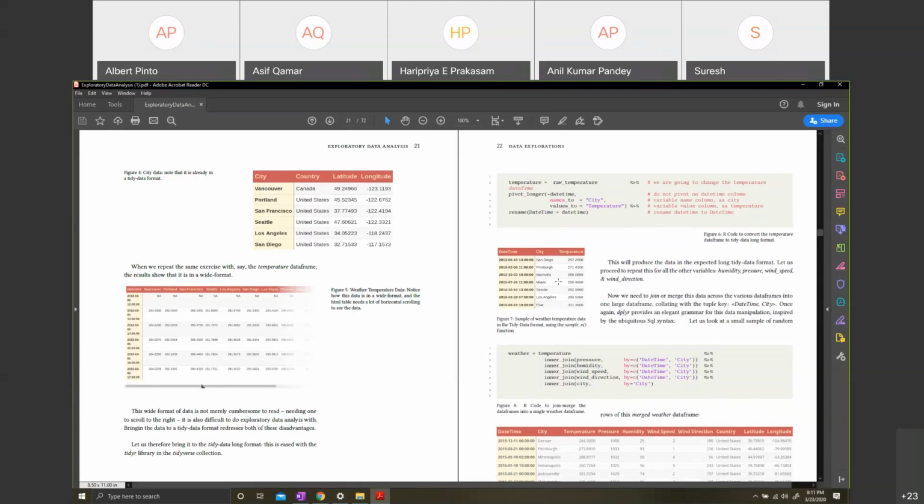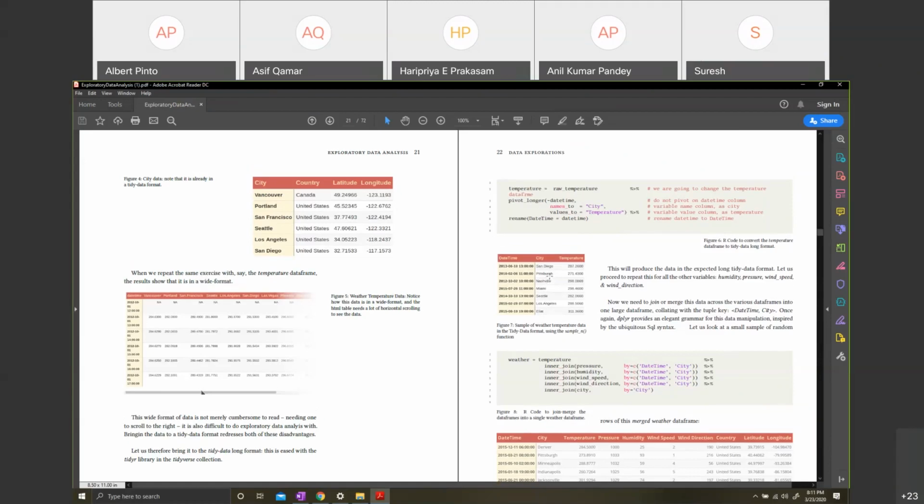Now let's look at this data and see, is it tidy data? If I want to know, for example, what the weather was in San Diego at 1 p.m. on that particular day, 18th of June 2013, can I see it as one row of data, not seeing the data for other cities or other times? Do you see this, guys? Would you say that this is in tidy format? It's in the long tidy format, isn't it? Is this making sense in practical terms?